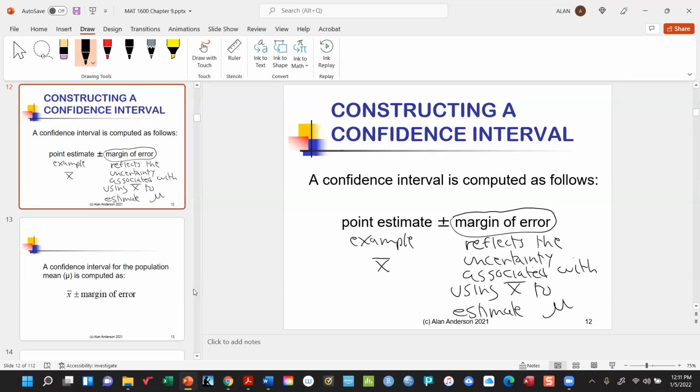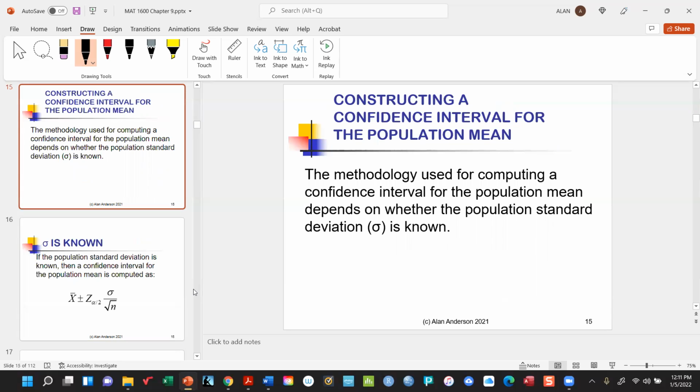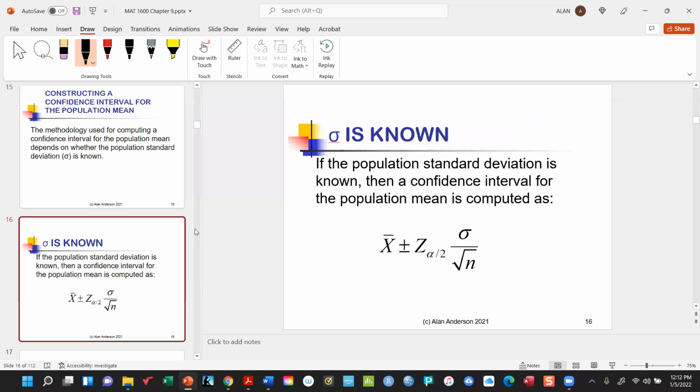Now, there's two basic cases that we'll see in this section. And the decision as to which one to use depends on the population standard deviation. We're going to assume there's only really two possibilities: either we know what it is or we don't. So we're going to start with the case where the population standard deviation is known, because that enables us to use our old friend, the normal distribution. So when the standard deviation of the population is known,